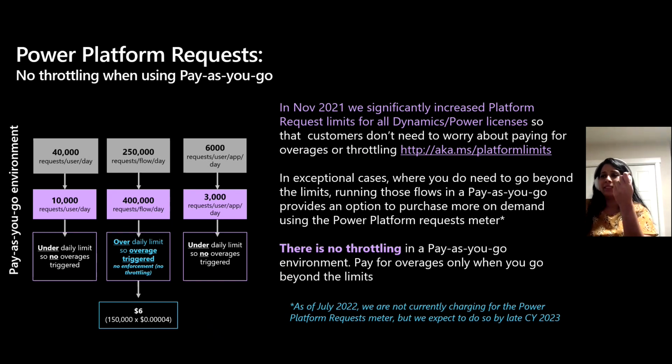But in some cases, for high volume cases, let's say a flow is used by states to create vaccine appointments during COVID time, that flow inherently needs a lot of volume. So for such flows, you can still use a pay-as-you-go environment. What you do is you pay for any additional request. So let's say 40K is your service protection limit.